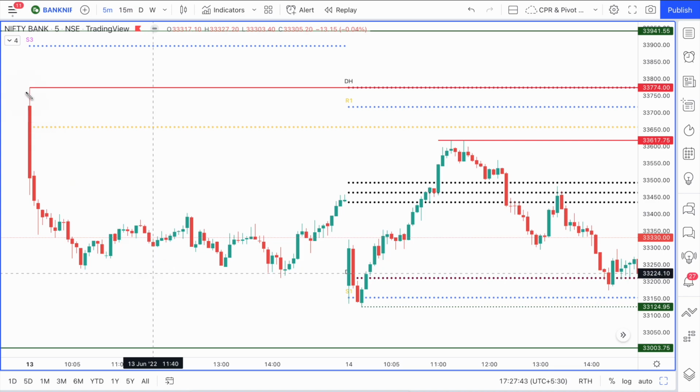See, the day has fallen from here to here. After opening, it has fallen this much, right? So what do you know here? You know that the sellers are active in this area and the sellers have pushed the price so low even